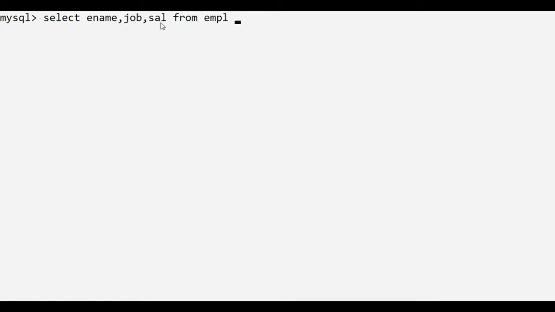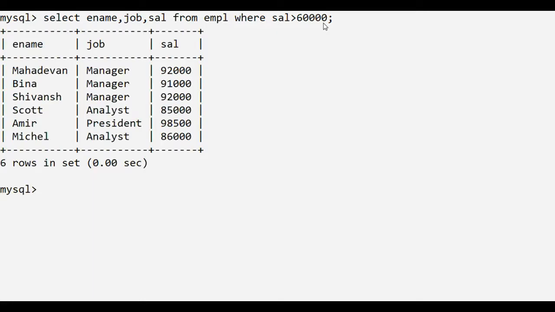Only those rows should be displayed where the salary is more than 60,000. So we write where sal greater than 60,000. This is the condition that is specified with the where clause. And the output will be, there are 6 rows or 6 employees whose salary is more than 60,000, and we can check it here.